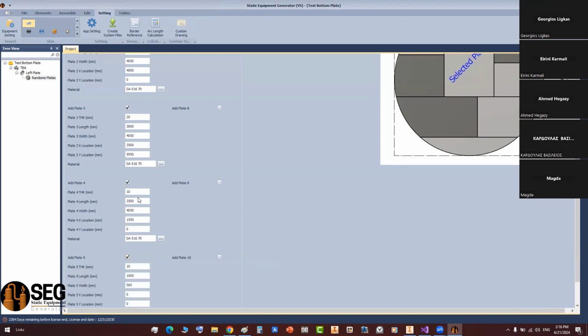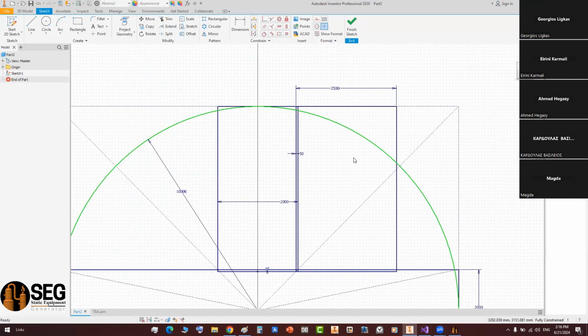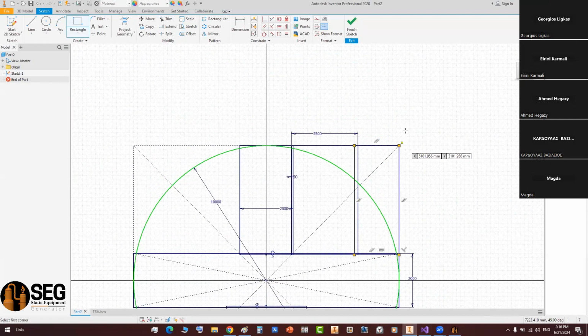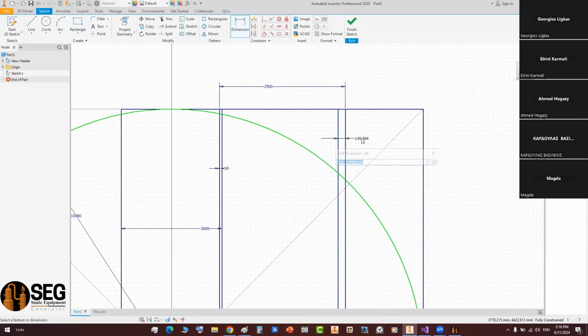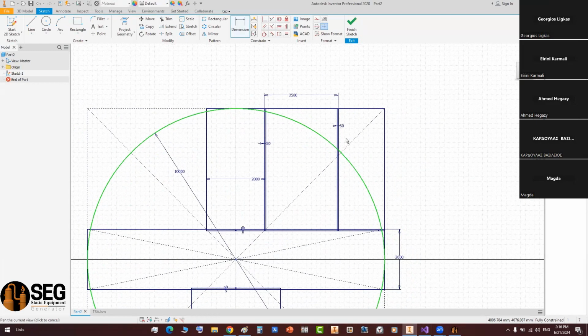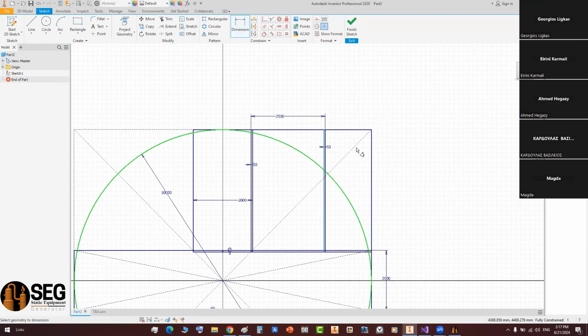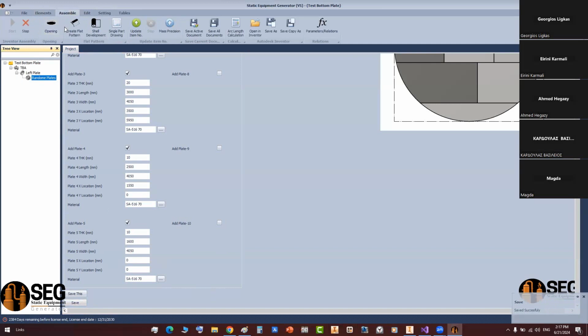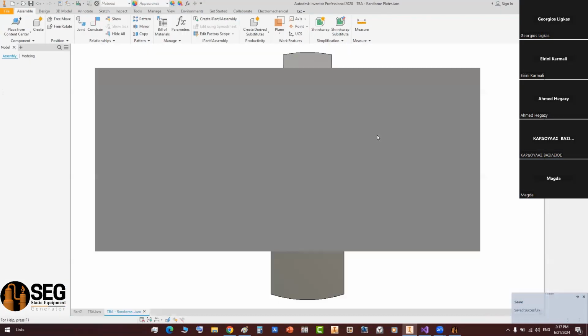Okay, now let's add another plate, which is the 5th plate. By the same thing, we will do another plate here and make the overlap equal 50 millimeters. And now the width of this one will be 1,600. So the length will be 1,600, and the height will be the same, and the location will be at 0 and 0. Now, if you click on save and try to run the assembly to start creating the other